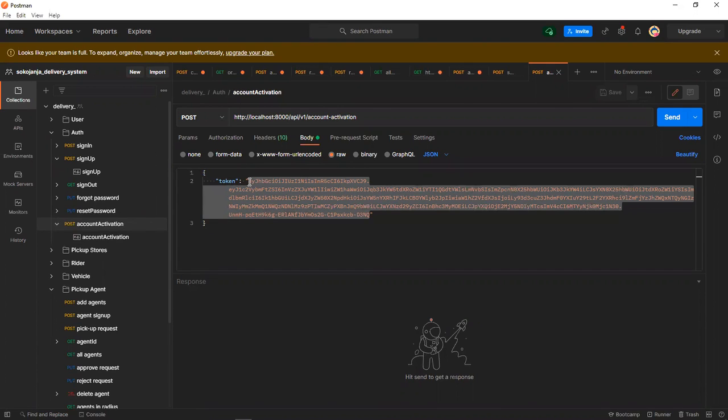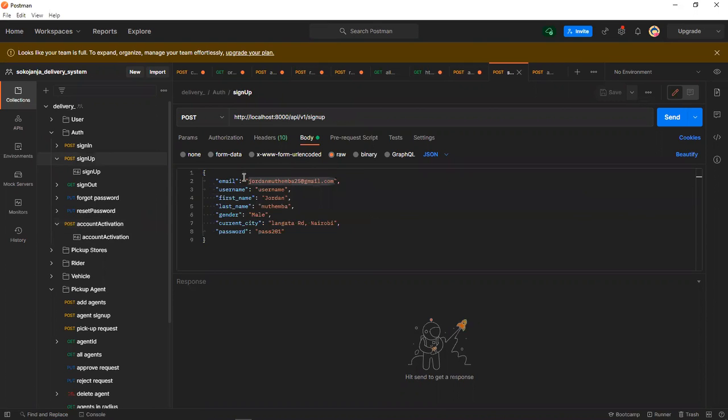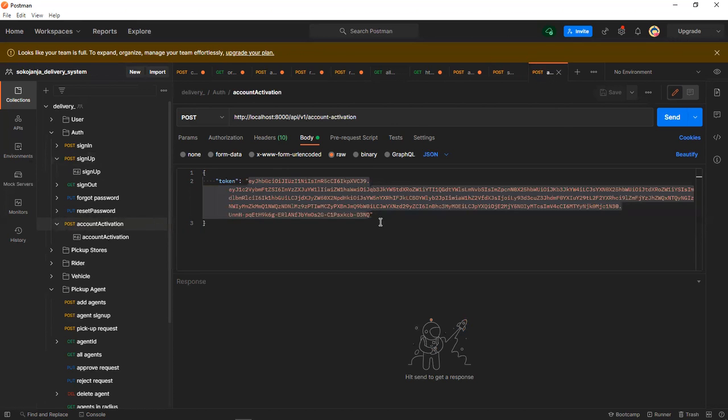this thing contains information about your data. You see, this is the information that is contained in this token. And then you send it, and then your account is activated. So that is it on